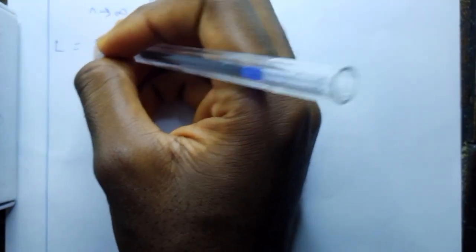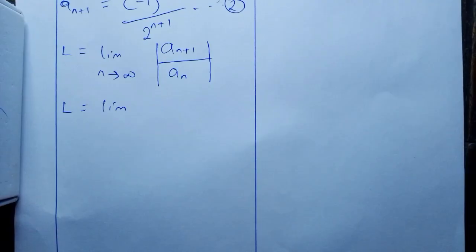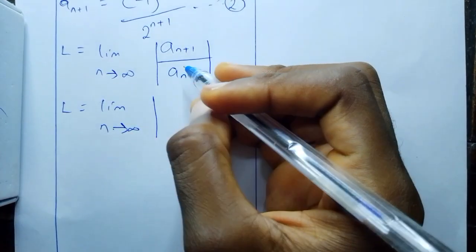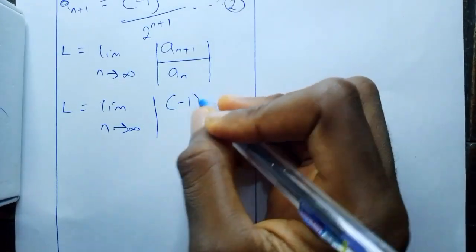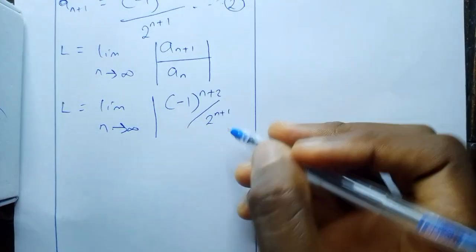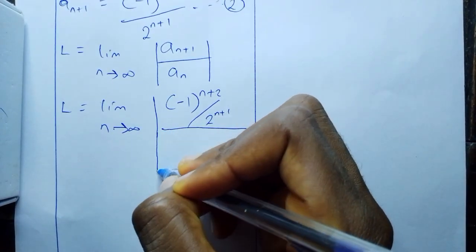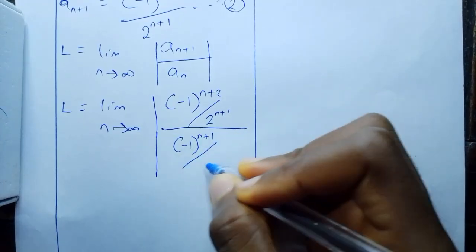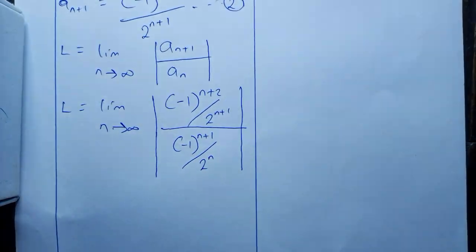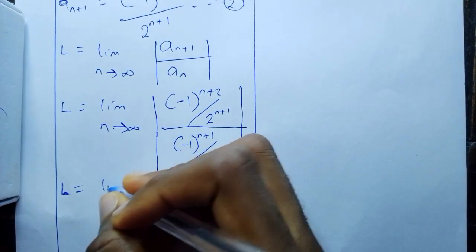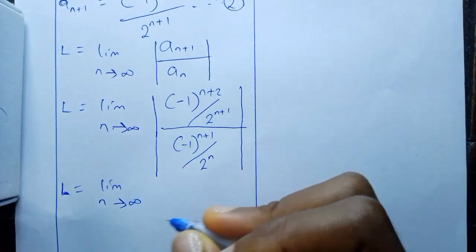equals the limit as n tends to infinity of the absolute value of our a_(n+1), which is what? Minus 1 bracket n plus 2 all over 2 raised to power n plus 1. This is our a_(n+1), and our a_n is what? Minus 1 to power n plus 1 all over 2 raised to power n. Just follow me. We are moving gradually. So let's simplify further. L equals the limit as n tends to infinity of the absolute value of,